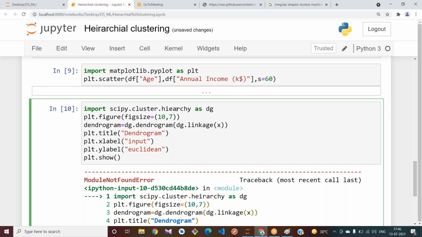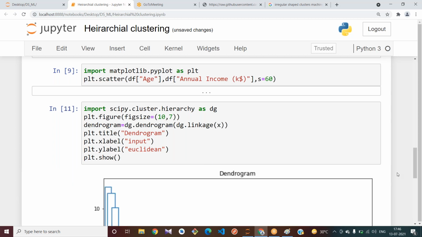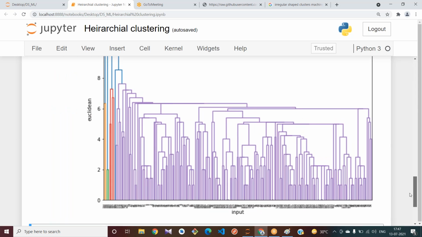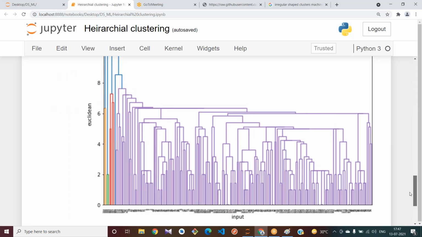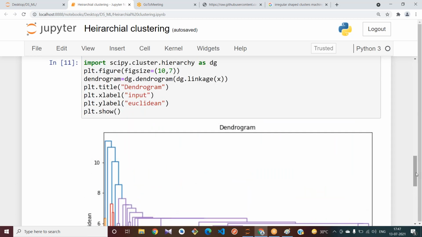H-I-E-R, hierarchy. See how our dendrogram is looking here.